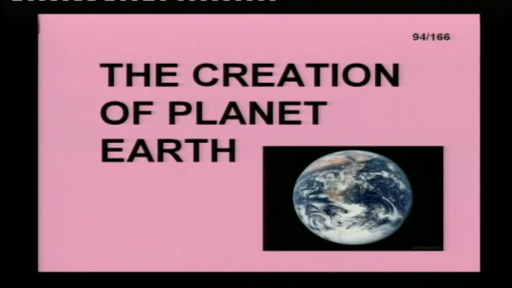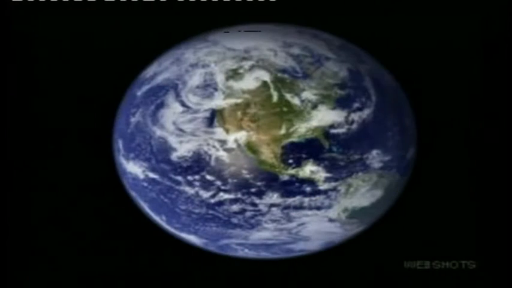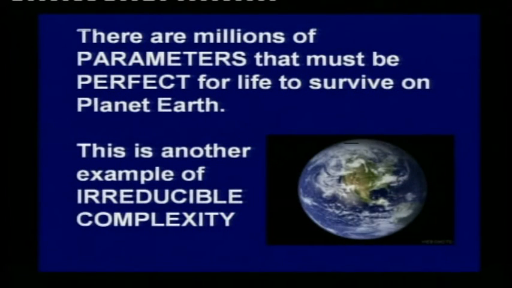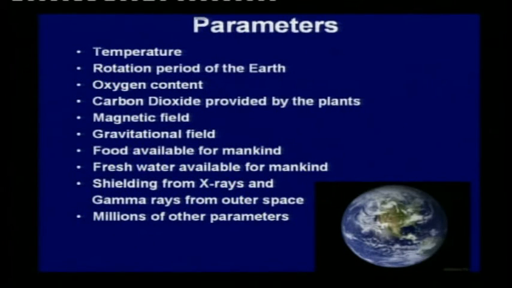Now let's look at the creation of planet Earth. Now this is actually a miracle in itself, another example of irreducible complexity, according to all the parameters that had to be absolutely perfect for life to survive on planet Earth. The temperature, the rotation period, the oxygen content, the carbon dioxide content, the magnetic field, the gravitational field, the food available for mankind, the fresh water available for mankind, the shielding from X-rays and gamma rays from outer space, and lots of other interdependent parameters all have to be absolutely perfect,